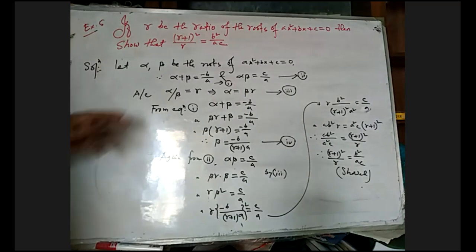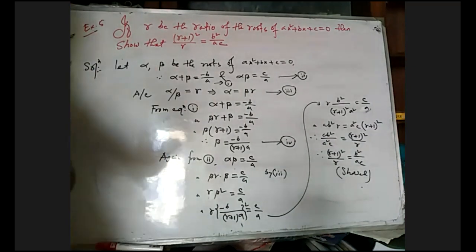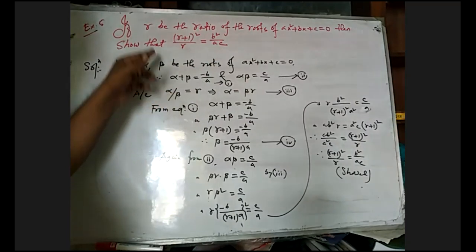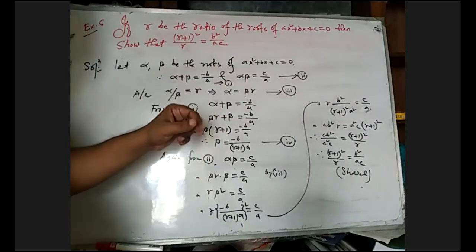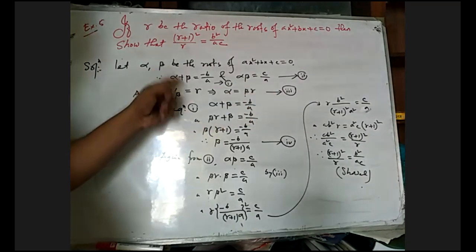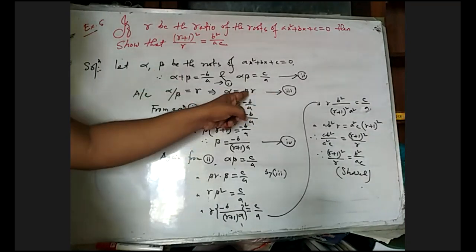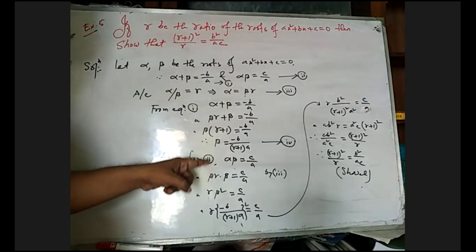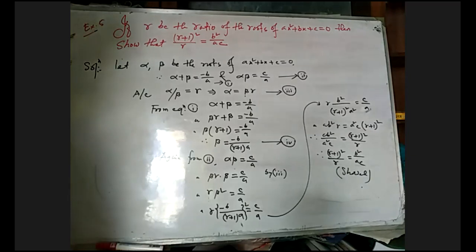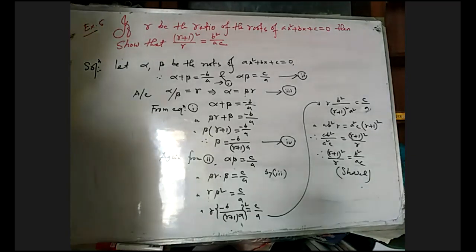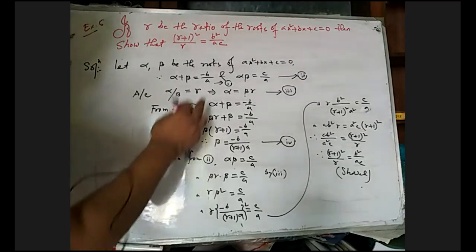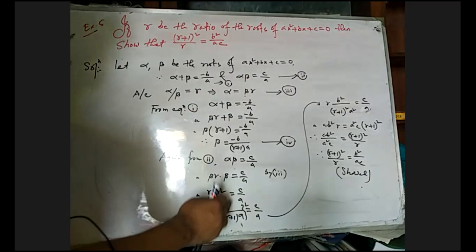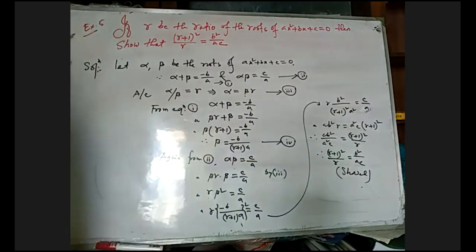Okay, just alpha, sum of the roots and product of the roots for the given equation is this, and this is the given ratio. Alpha by beta equals to what? R. So alpha equals to what? Beta r, and this is equation number 3. Now from equation 1, just putting the value of alpha, we get beta. Okay, then we get easily this result. From equation 2, just putting the value of alpha beta. Very easy for you.